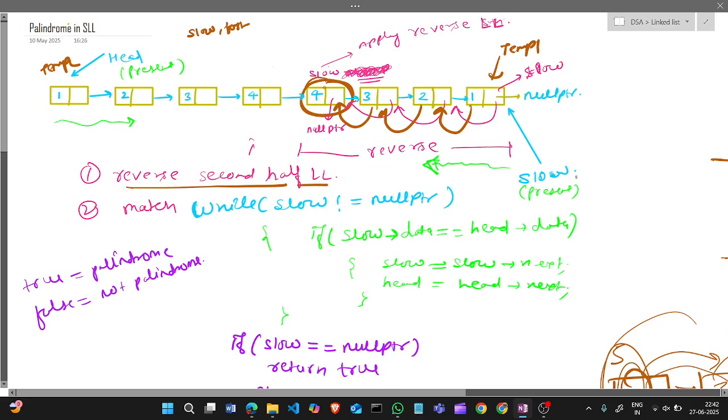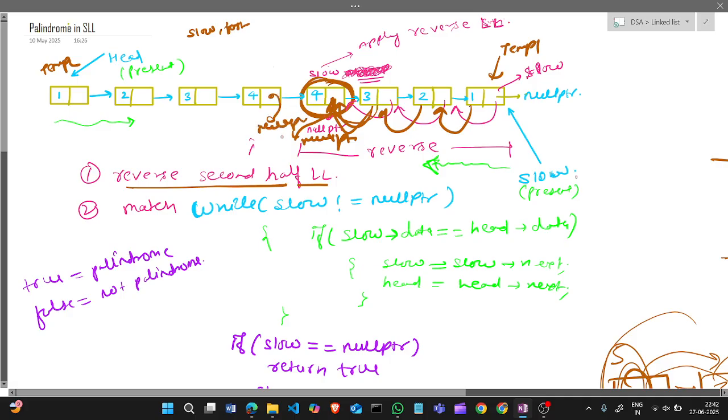So while slow is not null, slow is this now, so we will make its next a null pointer. And 3 is pointing to 4 already, and its next is also a null pointer.